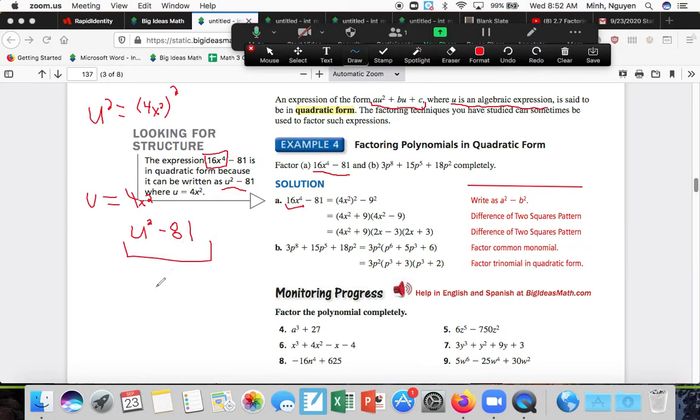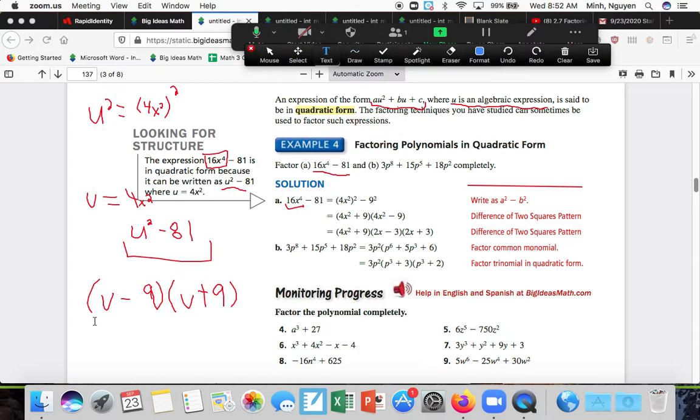So I'm going to rewrite this as u minus 9 times, and I actually don't know why they don't show you this. That's kind of poo-poo on the book's part. U minus 9 times u plus 9. And you're like, oh, isn't that so much easier to digest than thinking about like 16x to the fourth? But